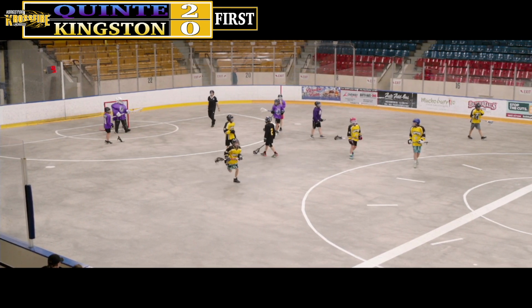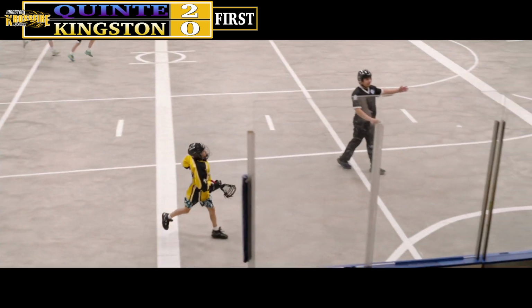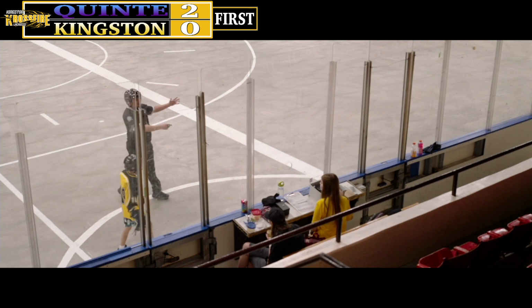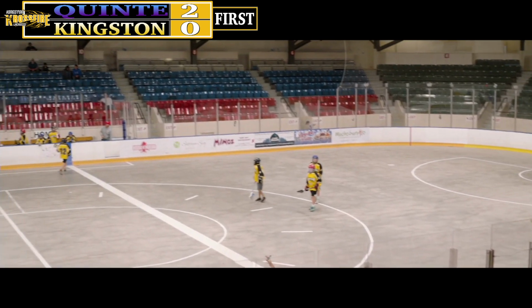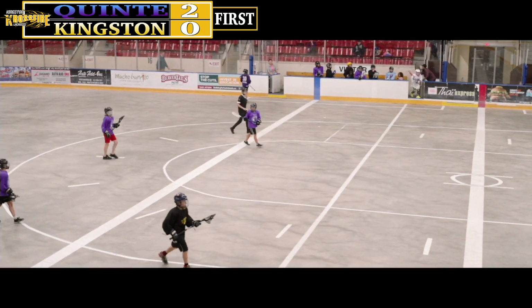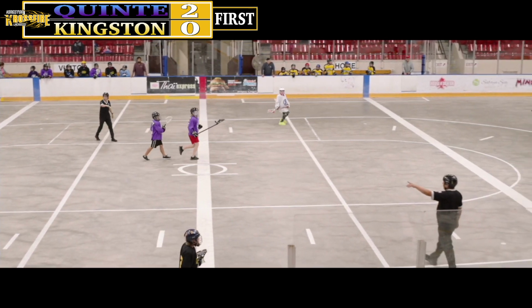And we have a call here against Kingston. A 16 from Kingston is going to be going away. 2 minutes for a high stick here. And that's going to give an opportunity on the power play for Quinte, who is already up leading